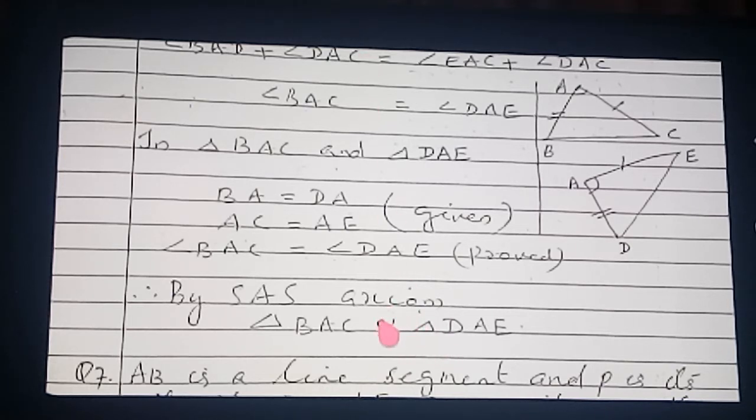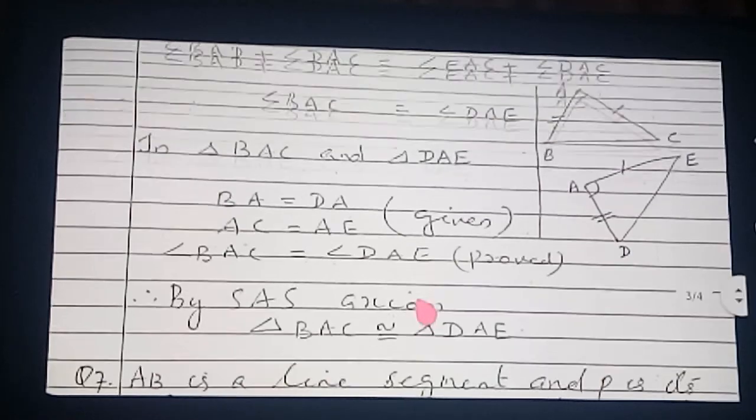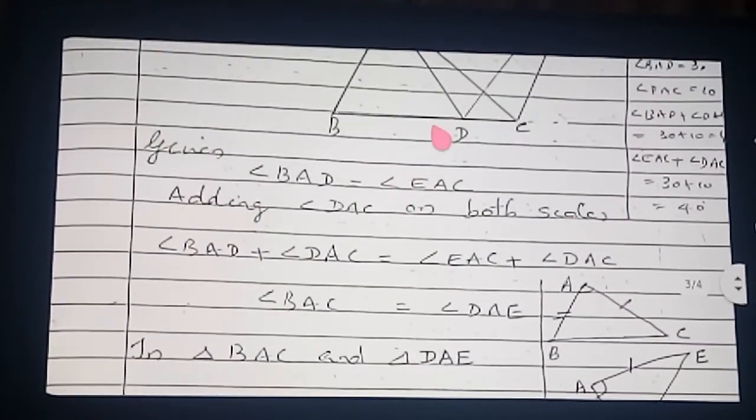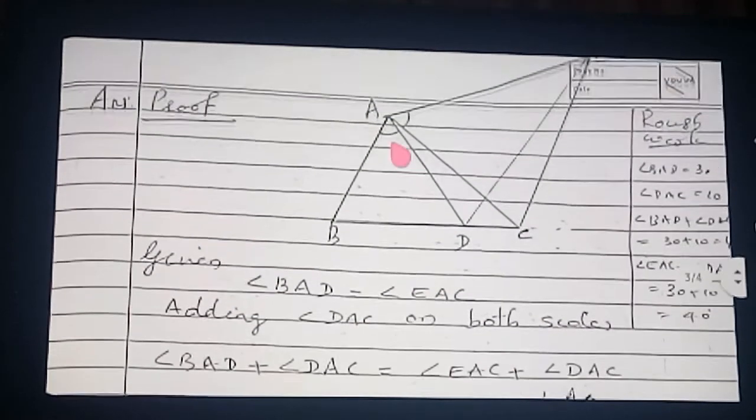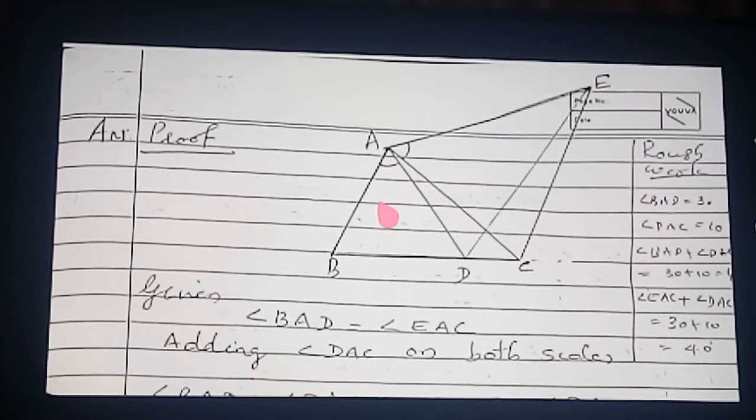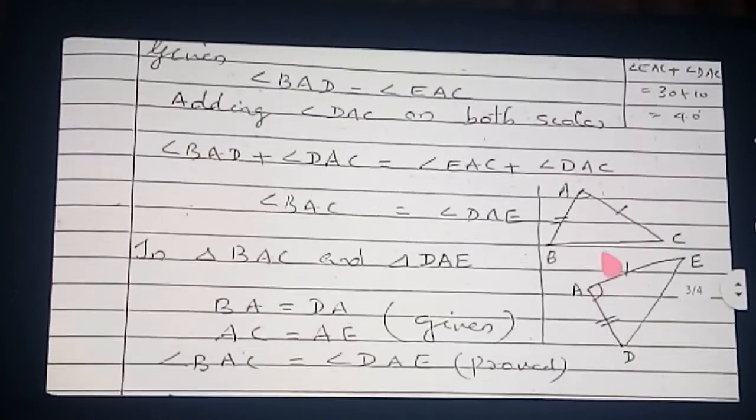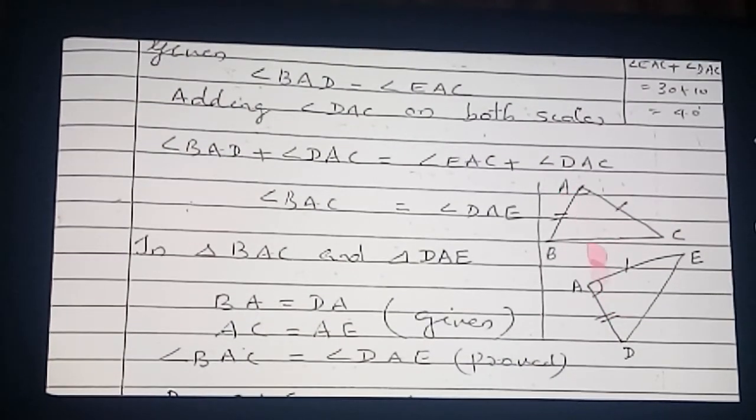Is the method of proving it clear? This is the method. Once more you will learn it; it is not so easy. Here the direct angle is not given, so for making the angle equal, we added angle DAC. This common angle we added to this angle and this angle also. That is why I showed the separate diagram for you. You are understanding the separate diagram well, okay, students?